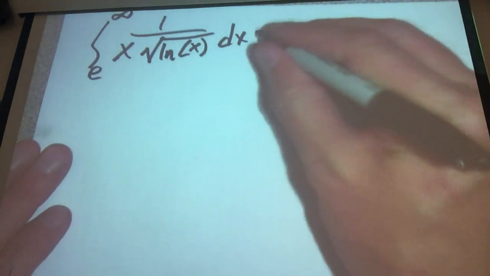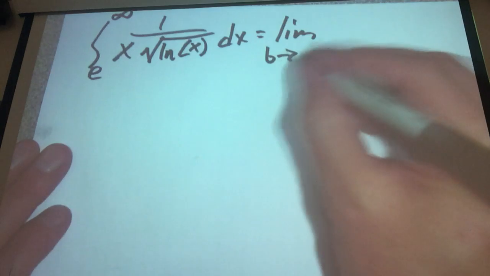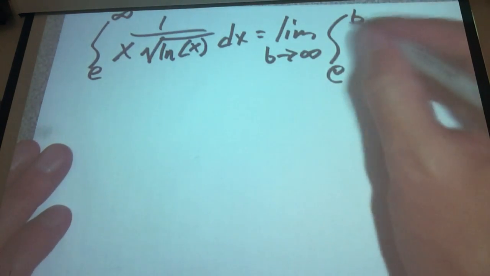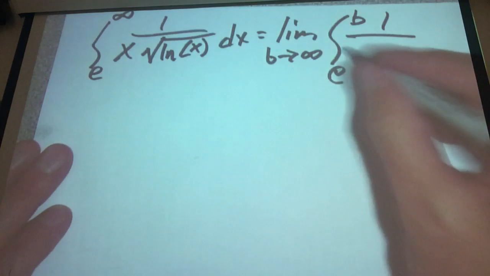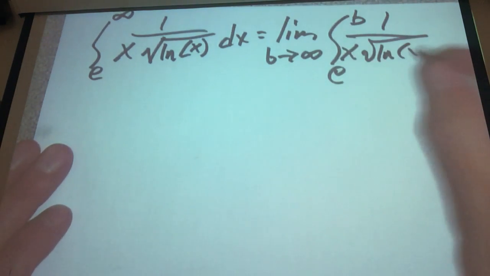First thing, limit. Then go from e to b of 1 divided by x, now root, natural log of x,